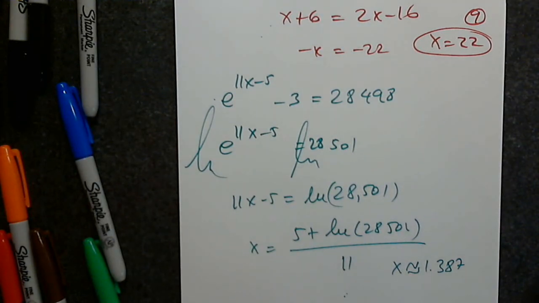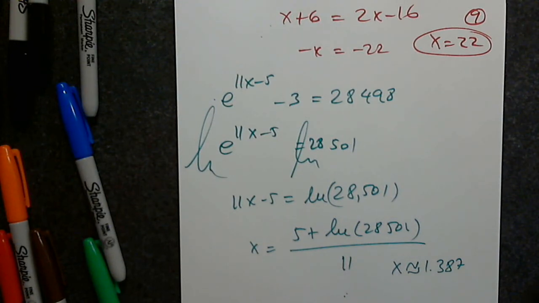So I have e, and in parentheses for the power, 11 times the previous answer minus 5, close the parenthesis for the power, come down from there, negative 3 minus 28498. When I hit enter, if the answer is correct,